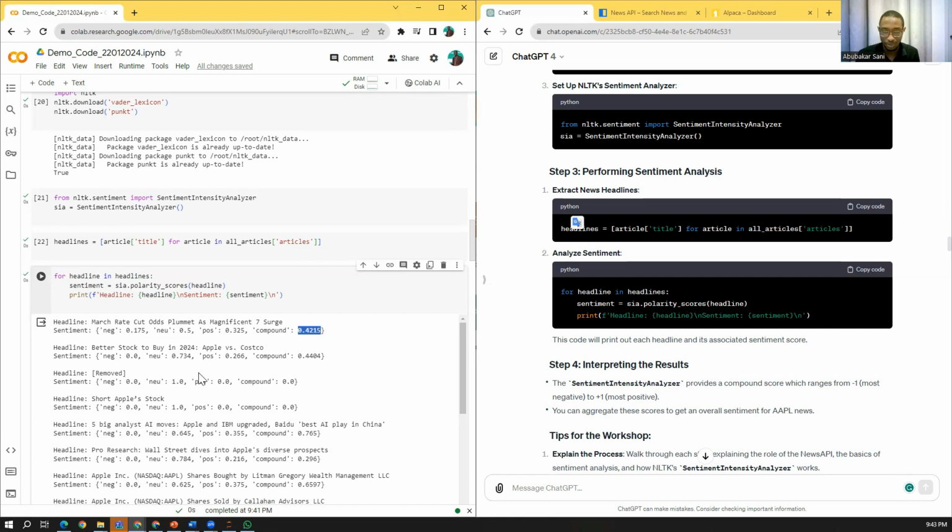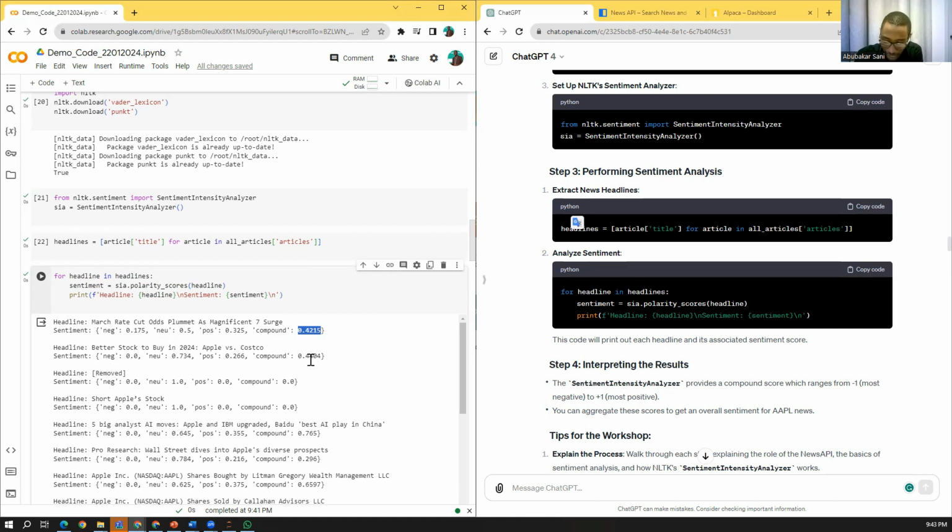So in my case, I just want to say, if the compound is above 0.5, then I'm happy. I think overall, people are happy. If the compound is less than -0.5, then I will sell.